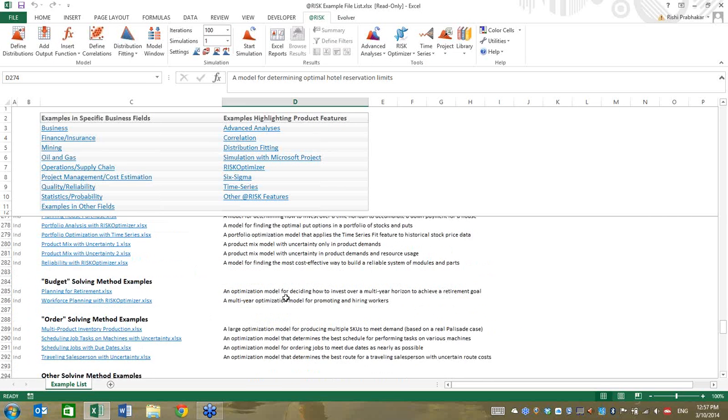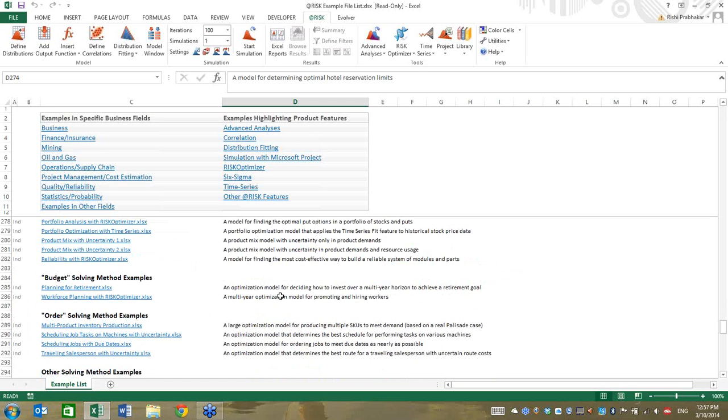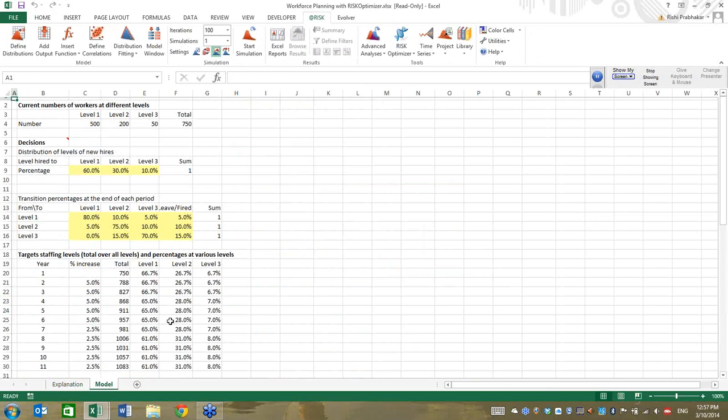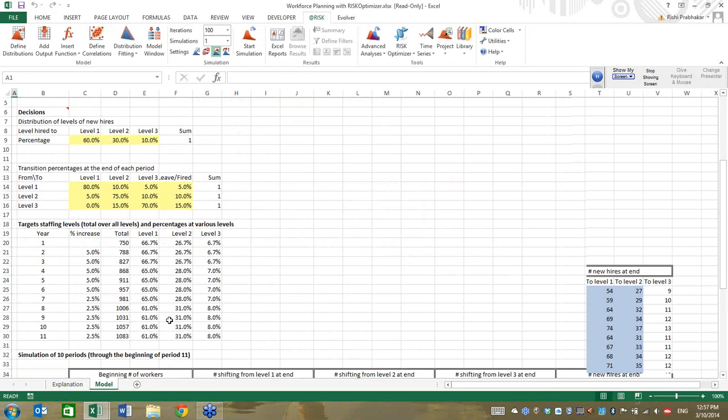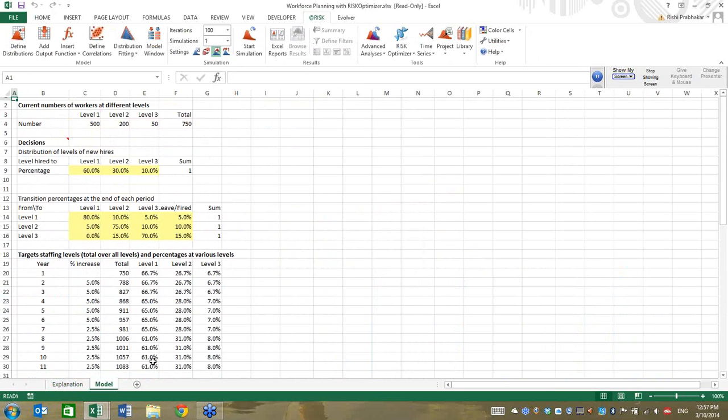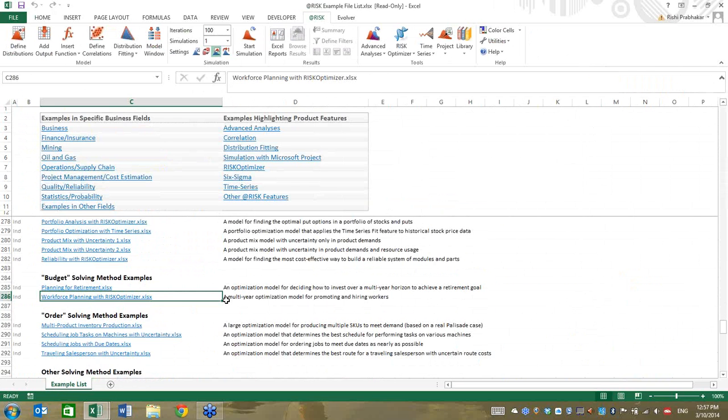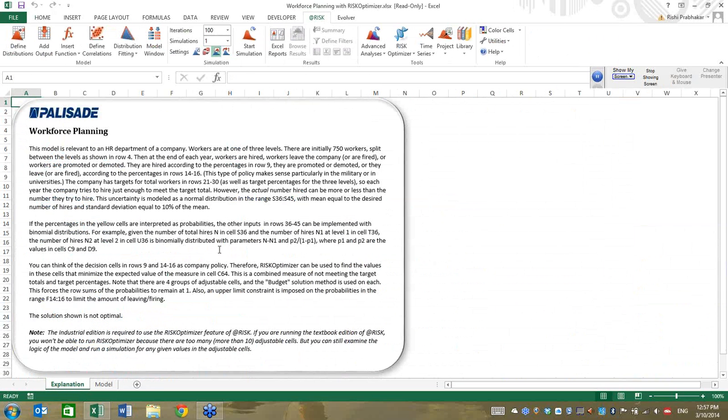Pardon me. Let's show you, for example, one more example model. Workforce planning. This one may take a few minutes to run, depends on how many distributions. It's got quite a long one. So once again, I'll run just a small simulation. And just as a reminder, of course, all of the